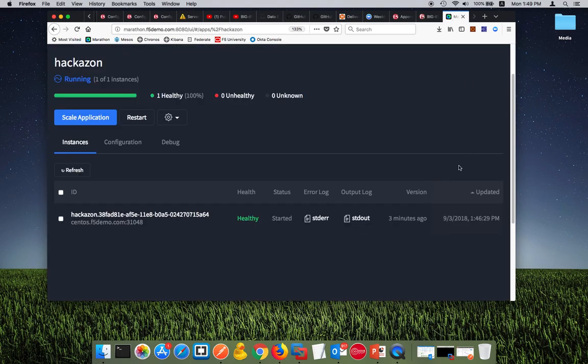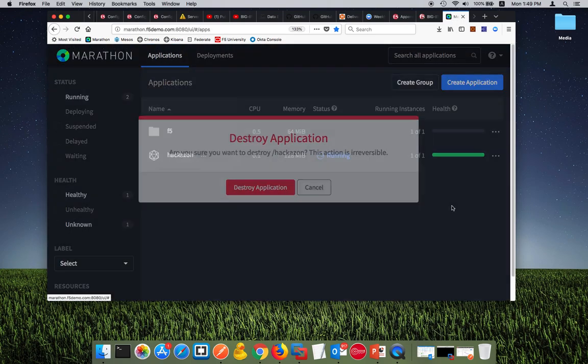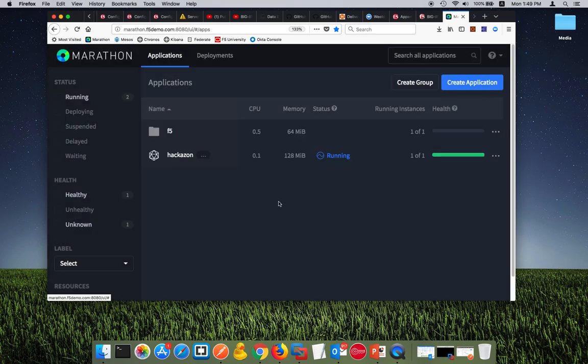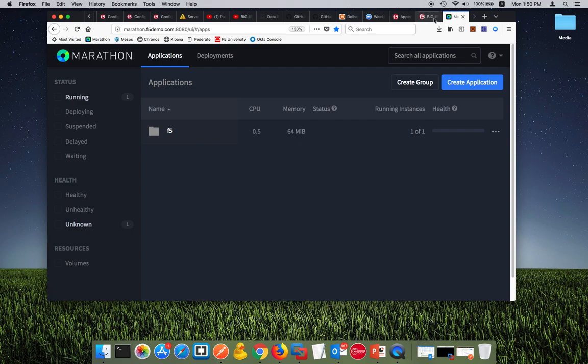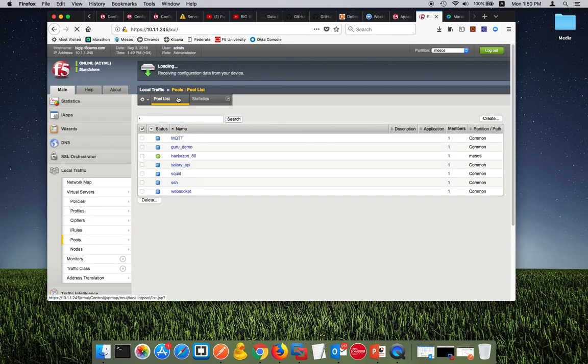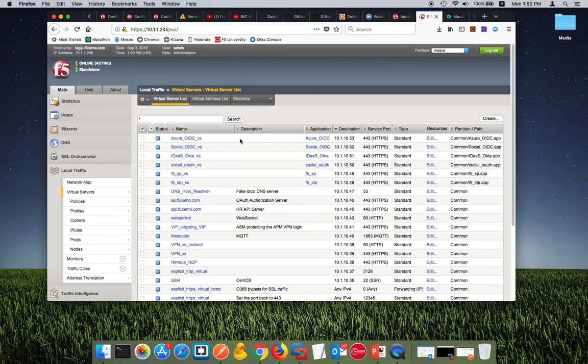Last thing, let me remove the whole application altogether. So we're going to destroy the application, and we'll go to F5. It might take a few seconds. Refresh again, and we can see the container connector removed the configurations of this application from F5